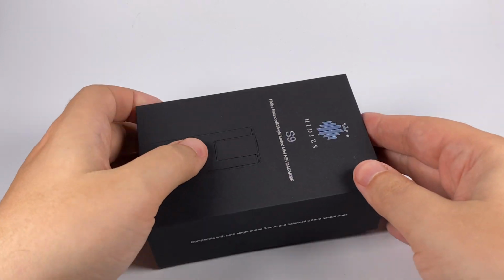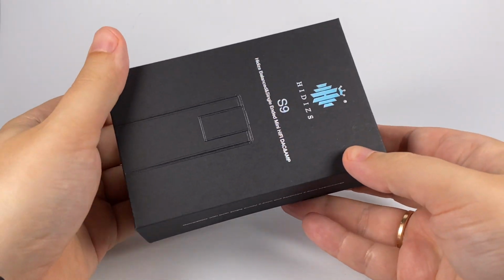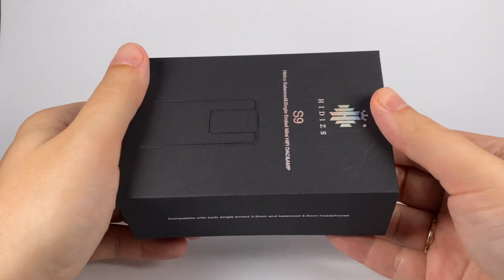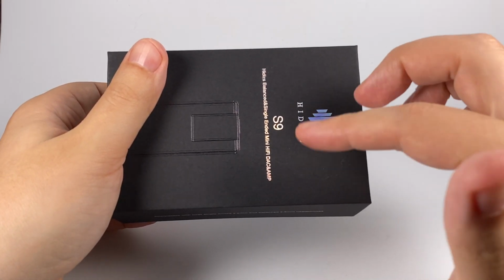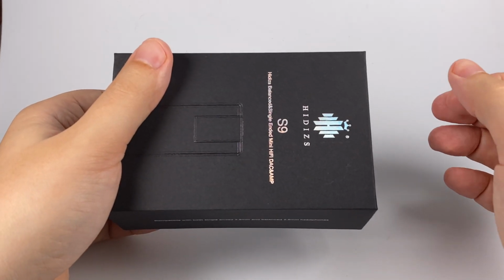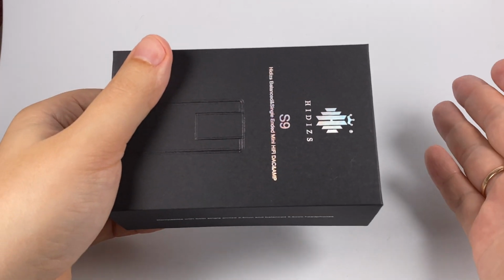Hello, today for review I've got Hidizs S9, their new mini portable digital to analog converter, quite a popular device nowadays. I don't mean S9 in particular, but it will get popularity too, I'm pretty sure. I mean all the dongles and tiny digital to analog converters that we've seen this year. Probably